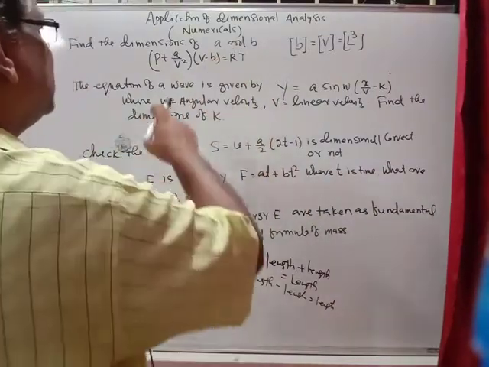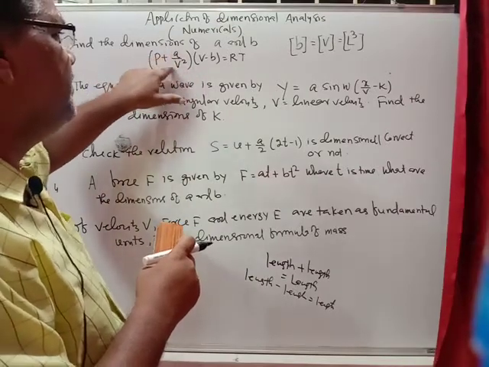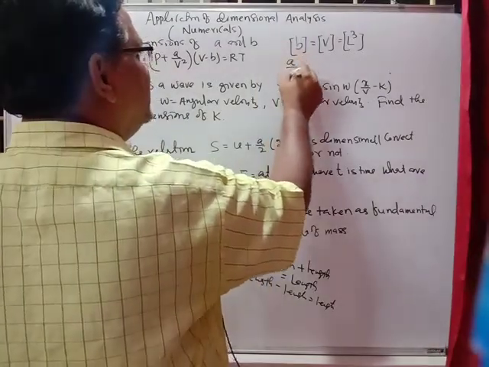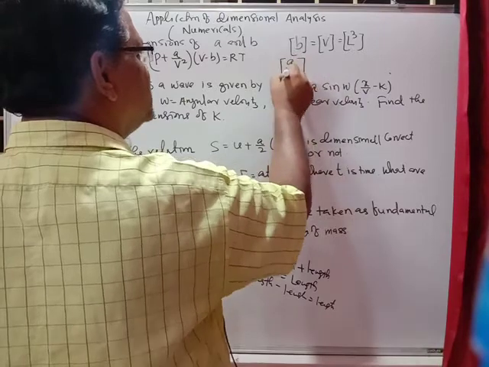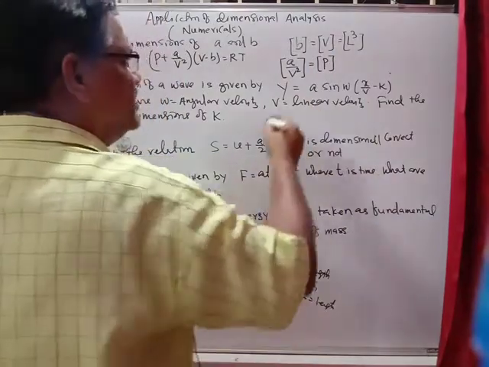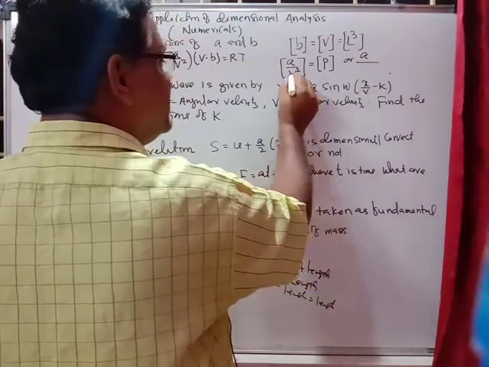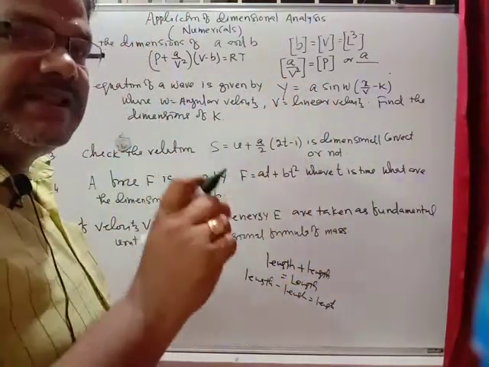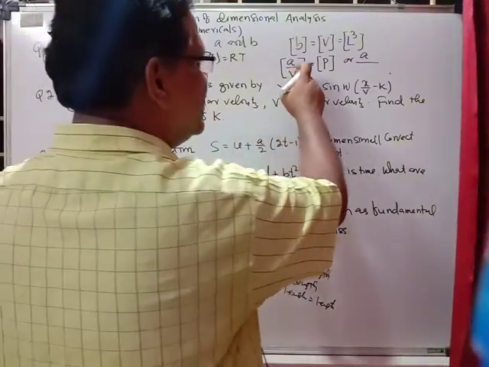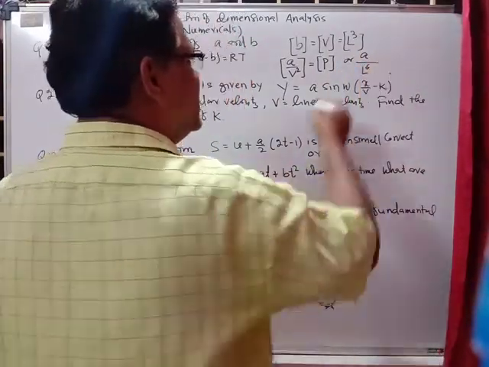Now for A. This whole term A by V square must be the pressure. That means the dimensional formula of A upon V square must be equal to the dimensional formula of pressure. What is the dimensional formula of V? It is the volume, which is length into breadth into height, L cube, L to the power 3, and with power 2 that will be L to the power 6. So A upon L to the power 6 is equal to pressure.